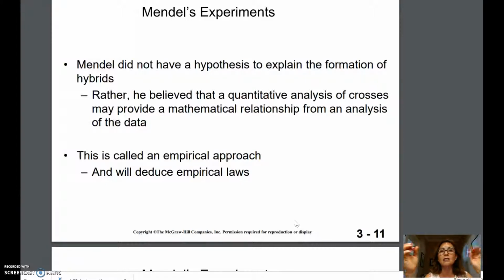He counted the number of offspring in the F1 and F2 generations that contained certain traits to look at the odds that you would get that offspring potential. This was a mathematical and statistical analysis, and what we call this now is an empirical approach. The empirical method allows you to count something and then deduce an empirical, or basically an analytical, law